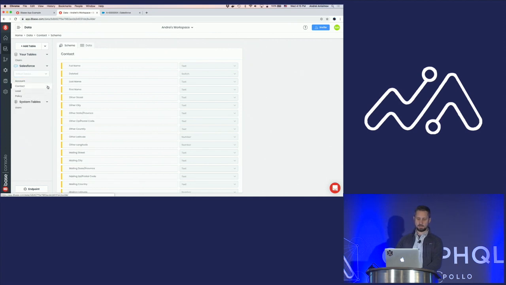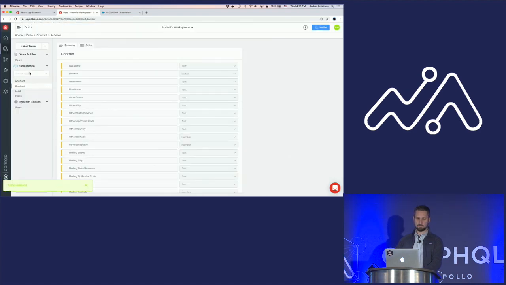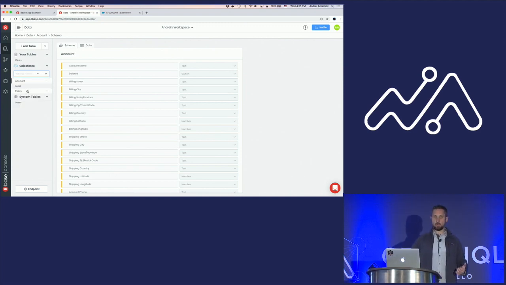have a contact table already exposed here. I'm going to delete it. And then I can just re-import it again. Contact. And now I can operate with this table as if it's a local table. I can add new fields to it. I can create relationships between this table and other tables, and basically just visually build this data graph that I need. So for example,